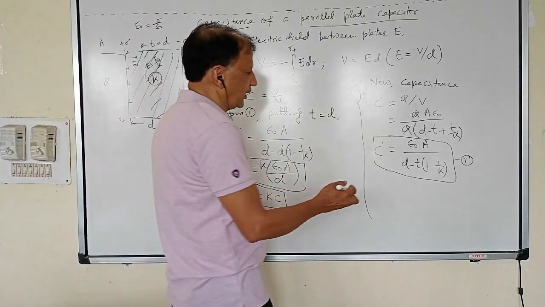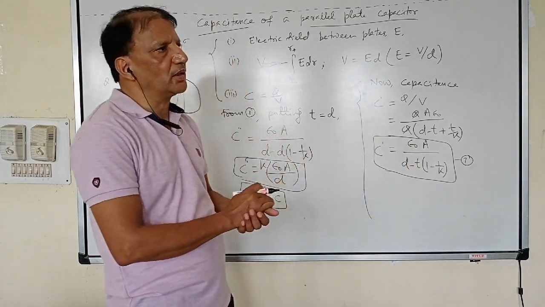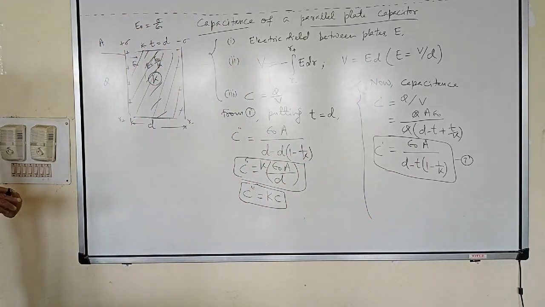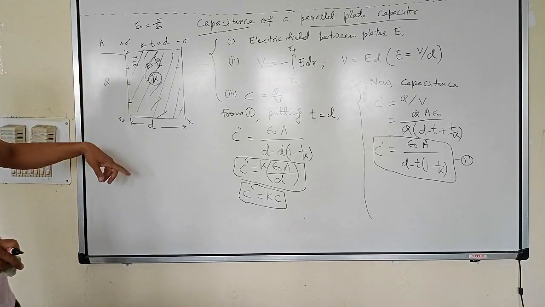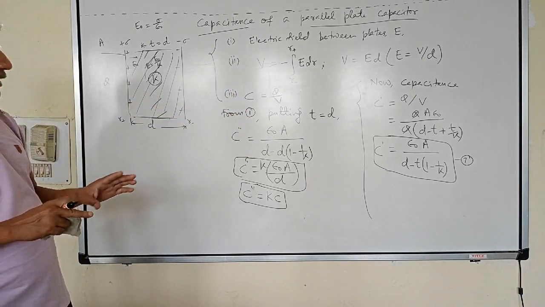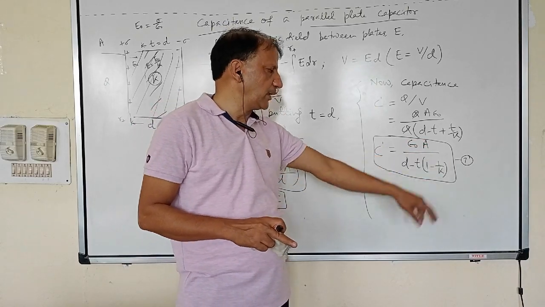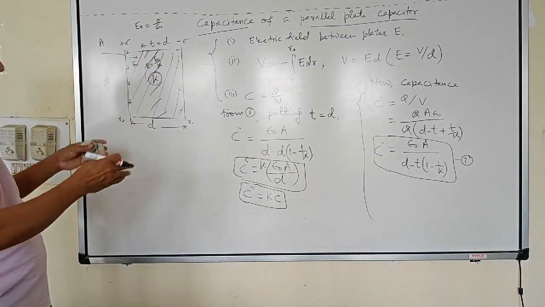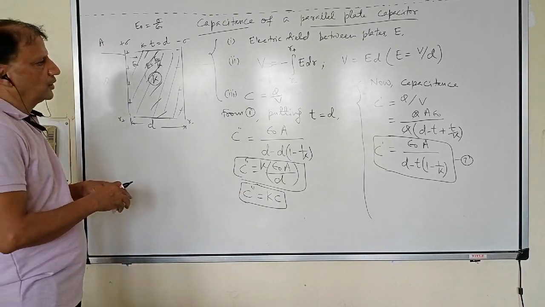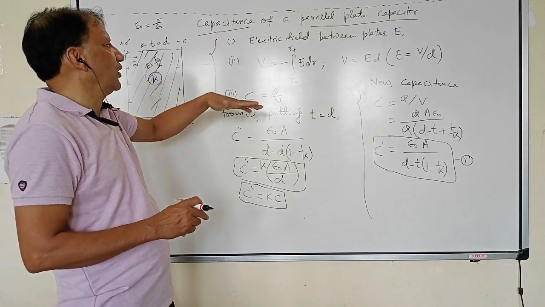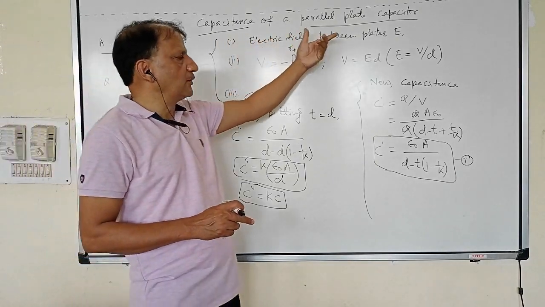Here also we can see what is the effect of introducing a dielectric between the plates. So capacitance also increases. So this is the expression for capacitance of a parallel plate capacitor. Without dielectric, it is C equal to epsilon naught A by D, and with dielectric, it is given by C equal to epsilon naught A upon D minus T, 1 minus 1 upon K. Now if the entire space is filled with a dielectric having dielectric constant K, then in that case, capacitance will increase K times. Clear? So we have to follow these three steps in order to find the expression for capacitance of the parallel plate capacitor. First of all, we will find the electric field between the plates E.